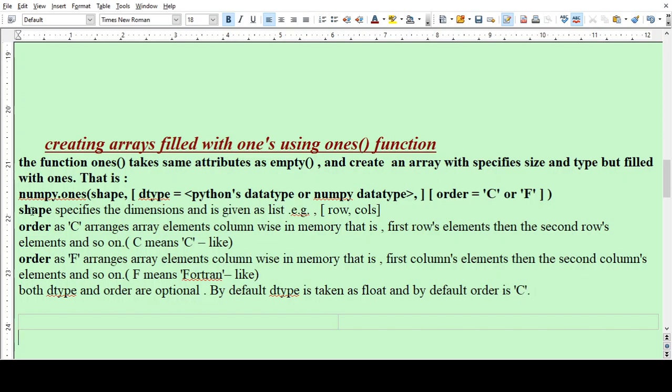In the syntax, shape specifies the dimensions and is given as a list, for example, the row, column.